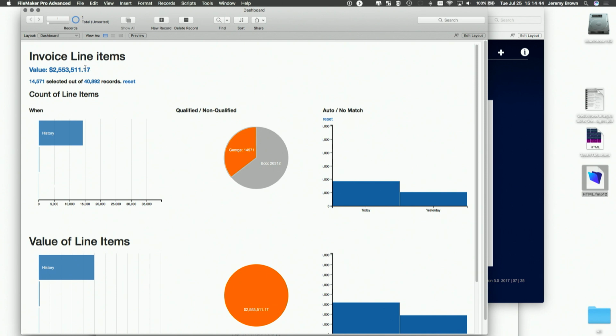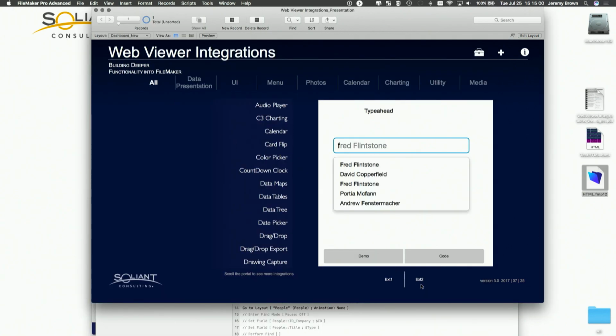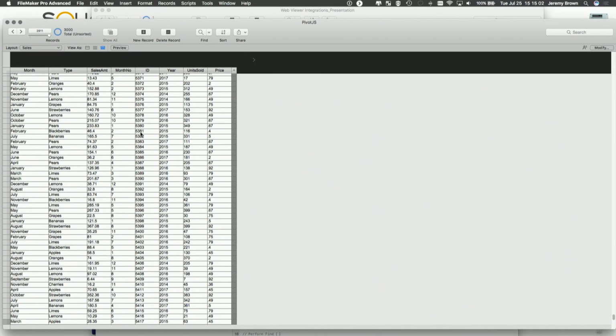So this was a really cool integration that I found. It's called Cross Filter. It's DC. It's got D3 in it. There's a lot of stuff in here. So it took a while to figure out, but this is what you can do with it when you've got this concept down. And another very cool one that I discovered too was taking this